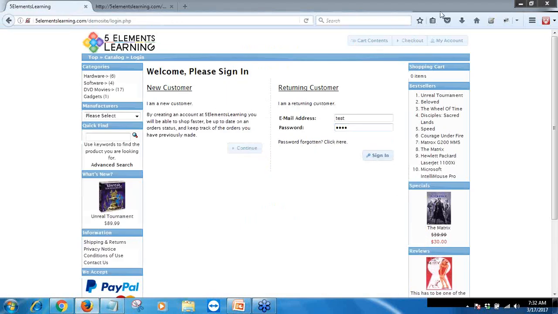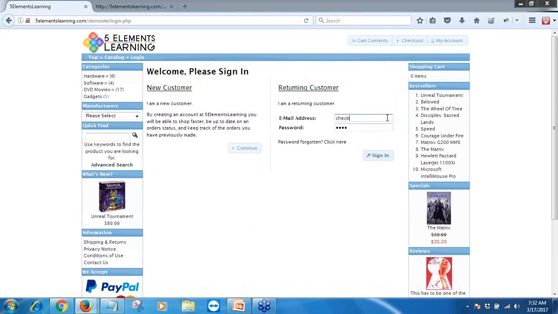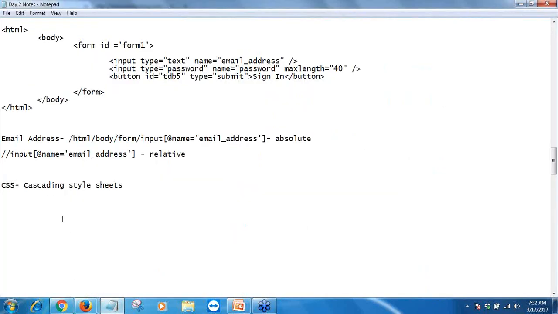For example, again, let me just record the script. Here, I can identify the element using the CSS property as well. So CSS is equal to input name equal to email underscore address. That's another way of identifying the same element. Or CSS is equal to hash tdb5. This is used when the object has an ID property,